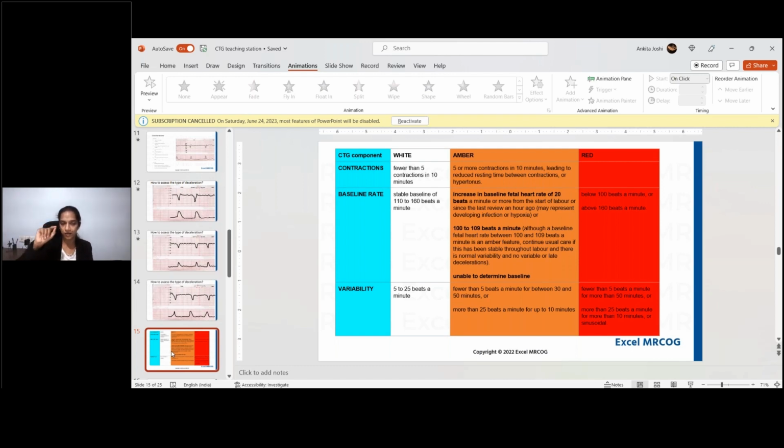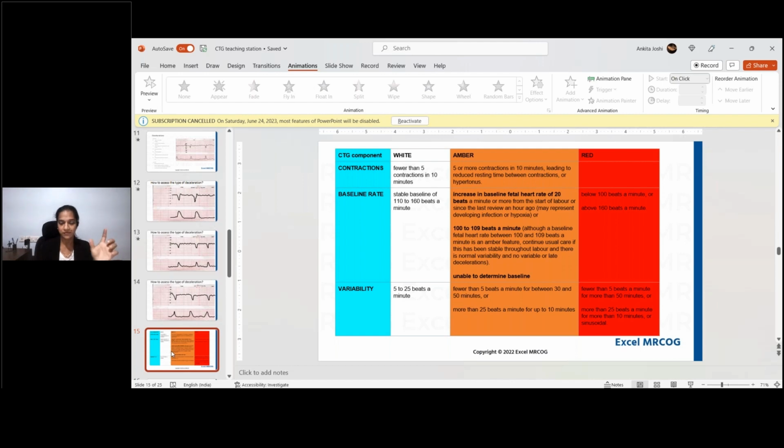So you say, I would give you the CTG classification and the assessment of components, classification into white, amber, and red. In this particular CTG, I can see that